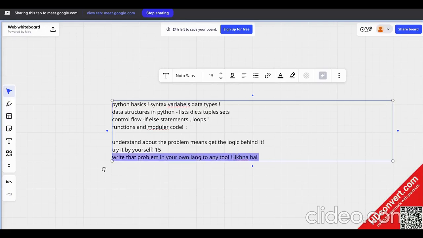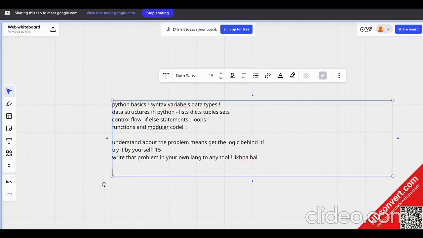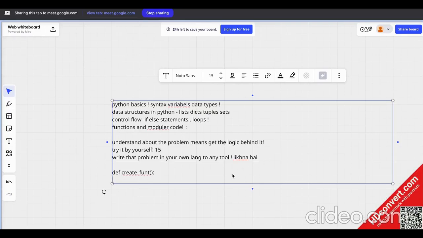ऐसा नहीं कि ये कॉपी पेस्ट करके आपके नोटबुक में पेस्ट करके आपने सबमिट कर दिया. No, write about that. Whatever solution that he has written, write about it. Ok, he said ok, def create a function, right. Let's say ऐसा उसने कुछ लिखा है, उसके बाद इधर पास कुछ पैरामीटर्स किए. मतलब क्या, जो वो लिख रहा है ना आपको लिखना है. See,